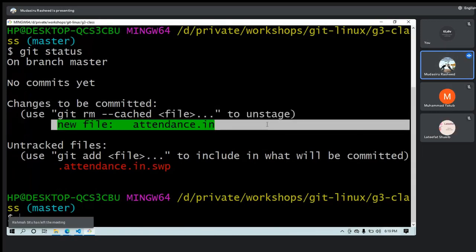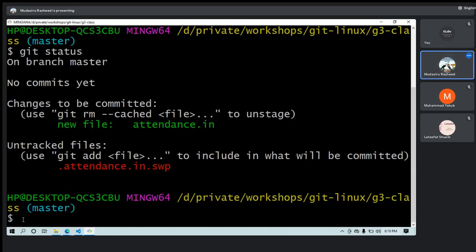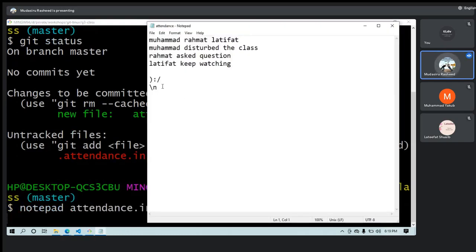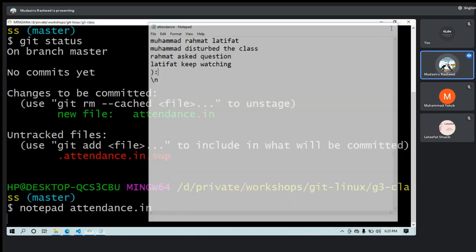Let's say I go ahead and continue my work after I've seen that. Let me open Notepad with attendance again, and I come here and remove this line. I can remove this laughing emoji for the guy asking for the meaning. That's like I'm just laughing at you. Okay? Let me just leave it that way. If I save it now, you can see that I've removed a line and one forward slash.